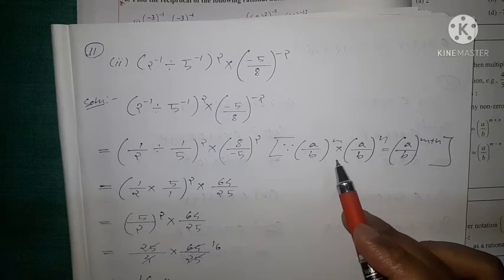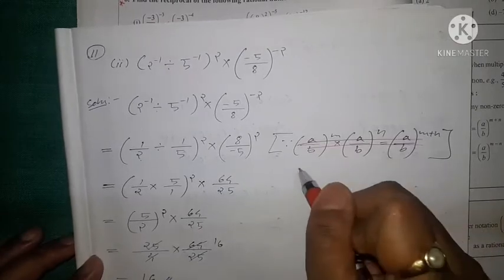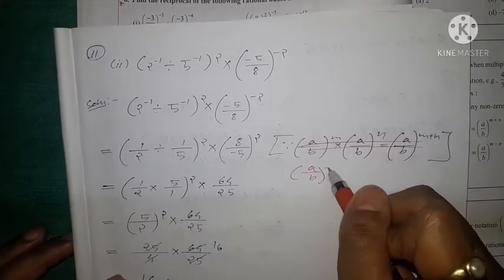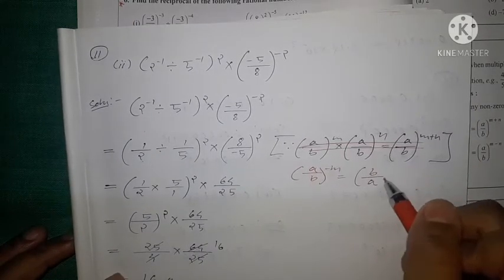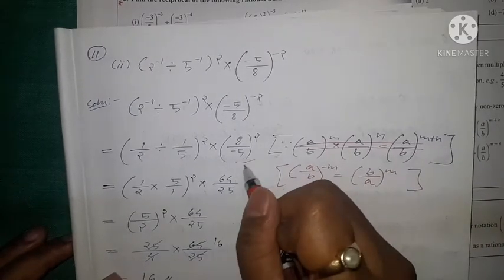That means if we have interchanged this one, it becomes like this. So (a/b)^(-m) is equal to (b/a)^m. So this is the law that we have used in this case. Okay,